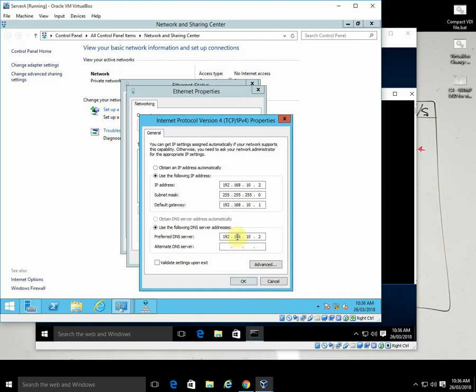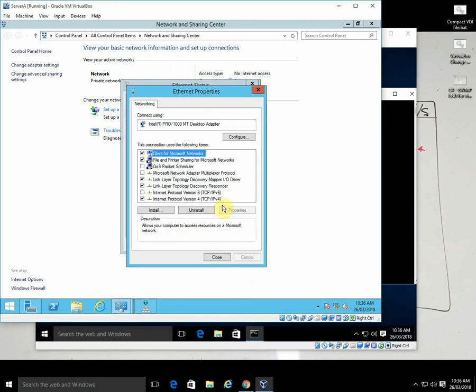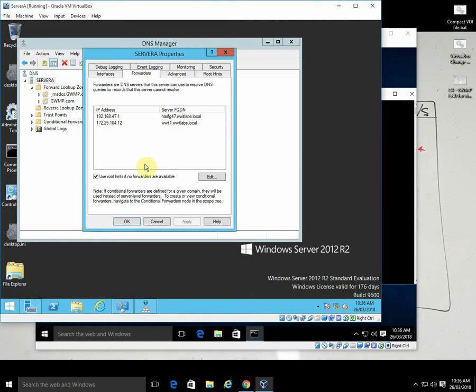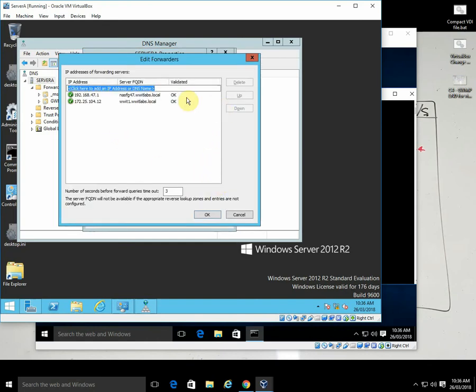10.2. Now originally what we had was the other two DNS addresses on there, these two, and what it's done is it's taken, as we've turned this into a DNS server, it's taken those and put those in as forwarders and taken them off the network card. So if we didn't have DNS forwarders in, then we would have to actually edit this and put those entries in. So I could put in 104.14, which is another DNS server. So if I put in 172.25.104.14